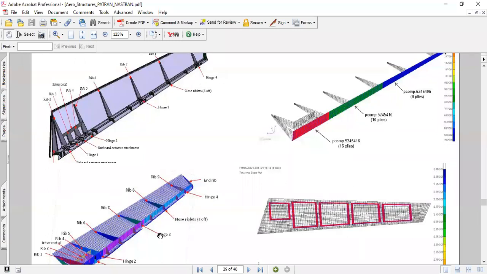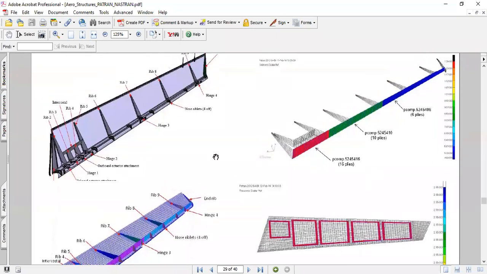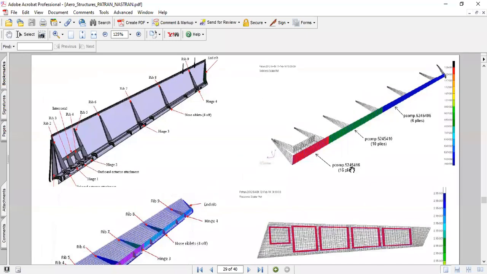We ran the finite element analysis, extracted the loads, and then substantiated the hinges using the Hank calculation. What I'm showing over here are the different regions within the elevator, based on the elemental property thickness. In this region it has 16 plies, and this has 10 plies and 6 plies, dropping off.